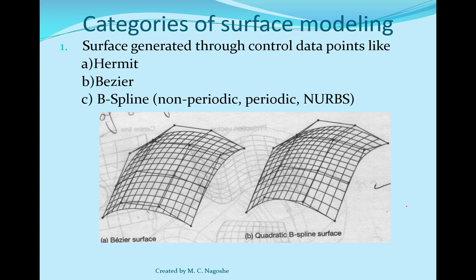Whenever you perform an operation and a solid is created, we need to verify whether it is a valid solid or not. For that we use the Euler formula. If it is generating a valid solid, we generate it, or else the software will throw an error. This is how we design the software and check the validity of the solid model. So the cube is a valid solid model.